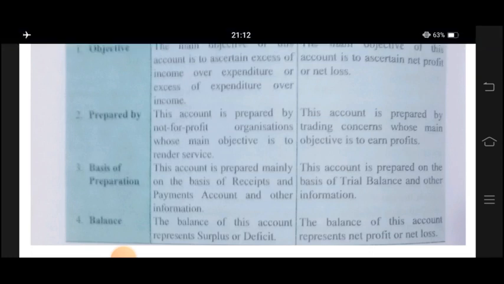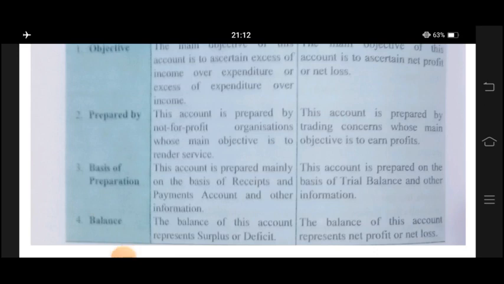But when we talk about the balance of profit and loss account, it shows the net profit or the net loss, as if the credit balance is higher then the company is in the condition of net profit, but if the balance of debit side is higher then the company is in the condition of net loss. So hope this difference of trading and account, receipt and payment, and profit and loss account is very much